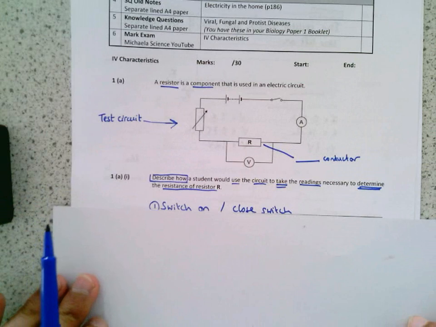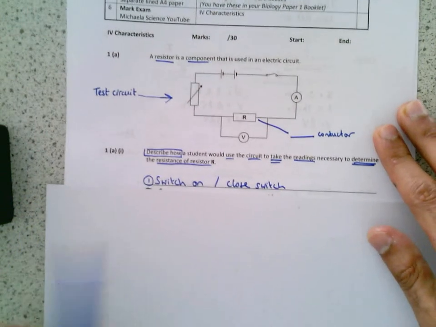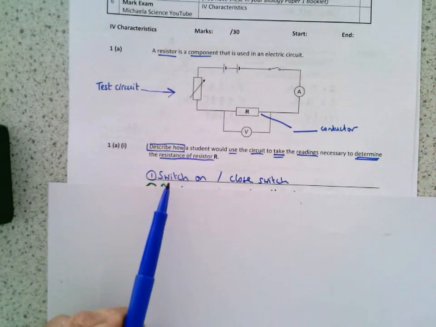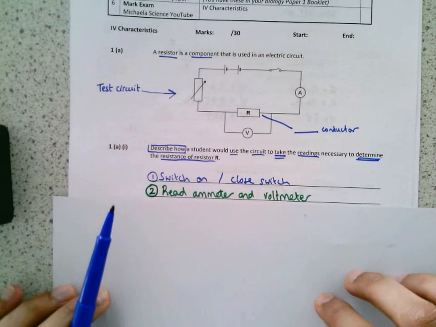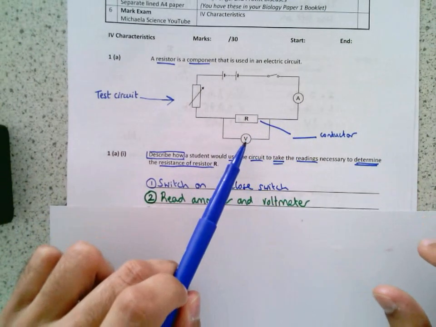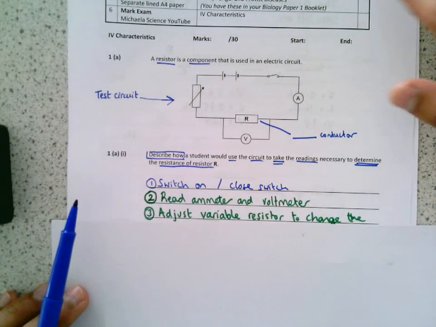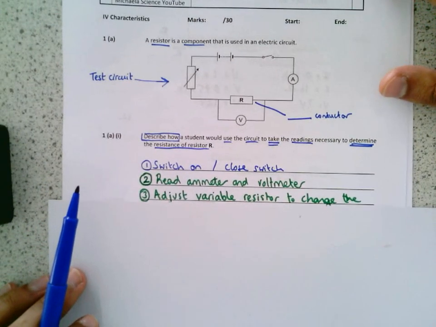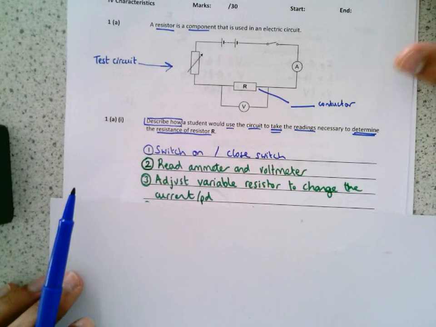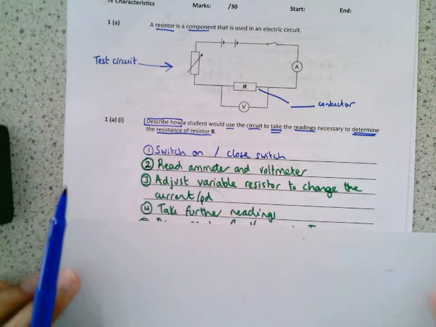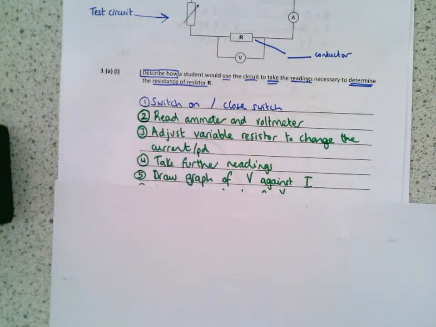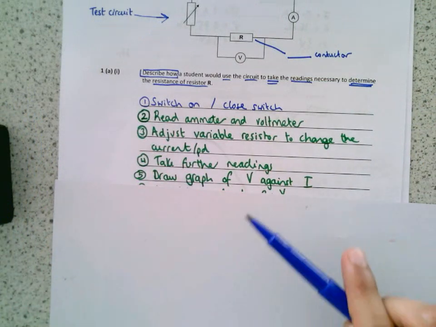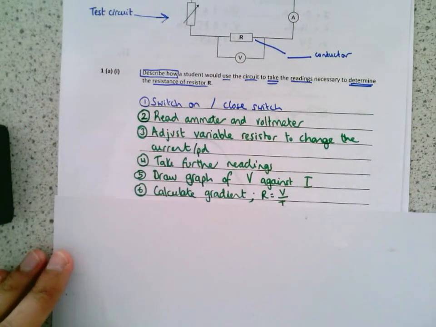So the first thing that needs to be done is the switch needs to be closed, or you turn the switch on so you can take readings. You then read the ammeter and the voltmeter. Third, you adjust the variable resistor to change the current or the potential difference. You then take further readings, draw a graph of potential difference against current, and then calculate the gradient R equals